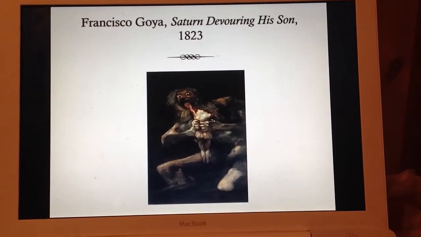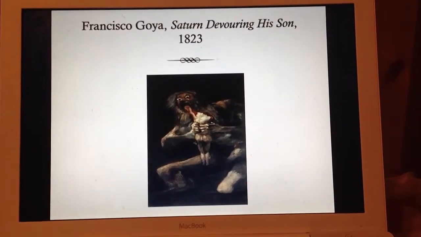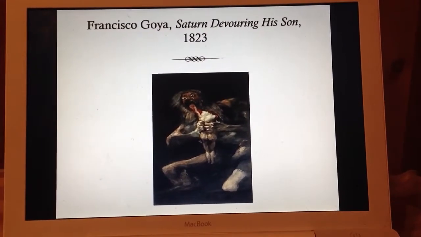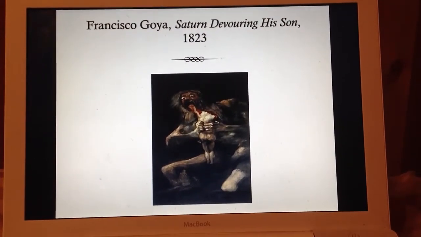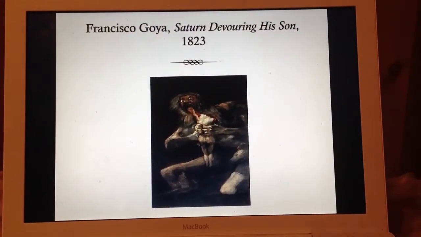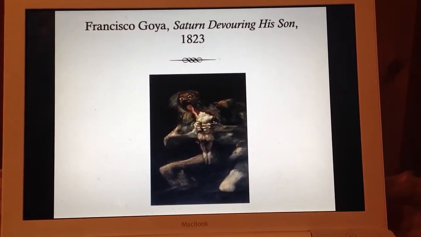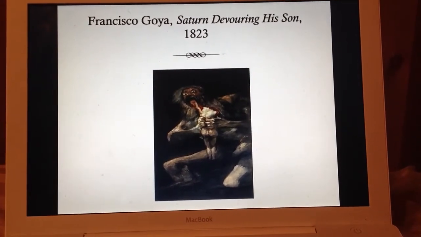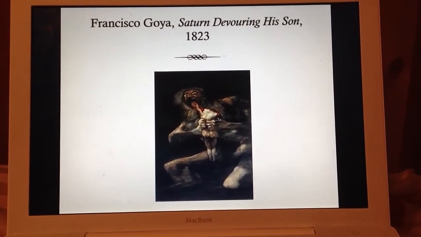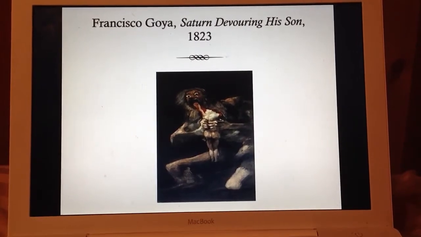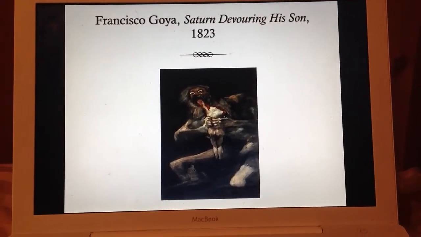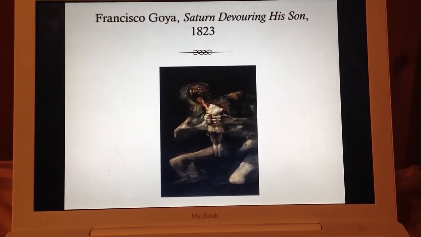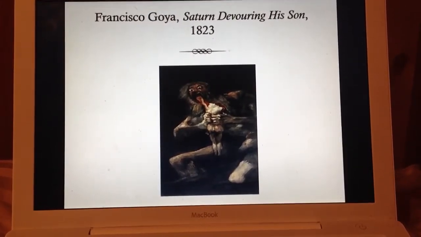This is an example from the 19th century that's not a landscape that could be considered sublime. I'm trying to tie this in with the examples that I used from the contemporary time. This is Goya's Saturn Devouring His Son from 1823. Obviously, this can be considered a shocking portrait, but this is derived from mythology, and you see Saturn devouring his son in the painting.